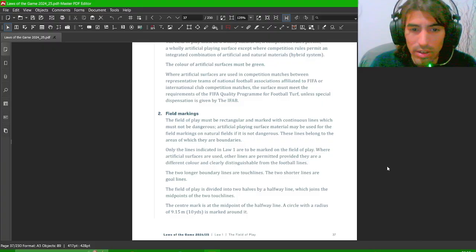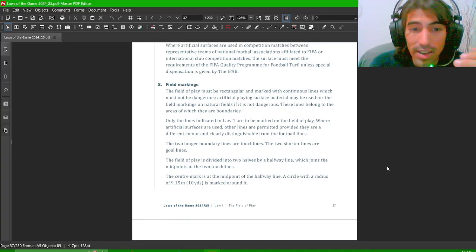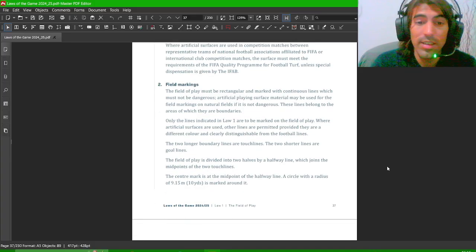The two longer boundary lines are touchlines. The two shorter lines are goal lines. The field of play is divided into two halves